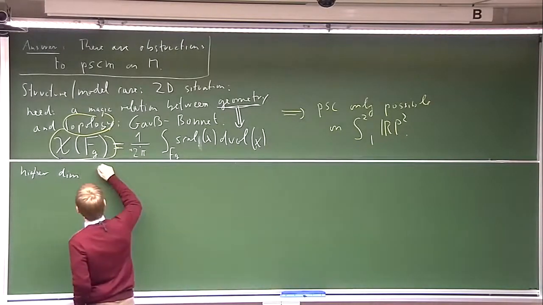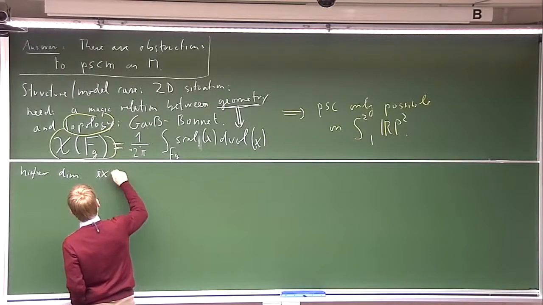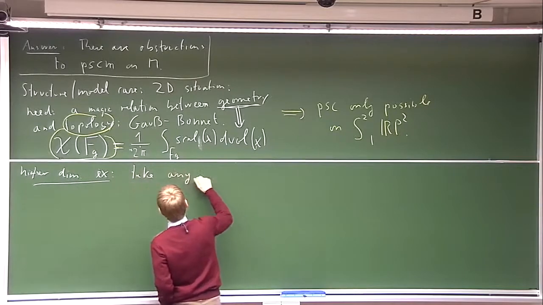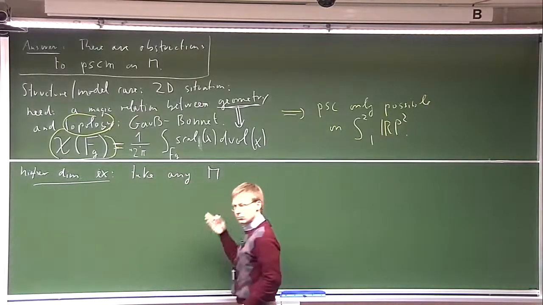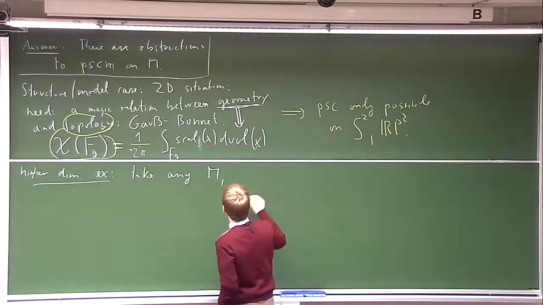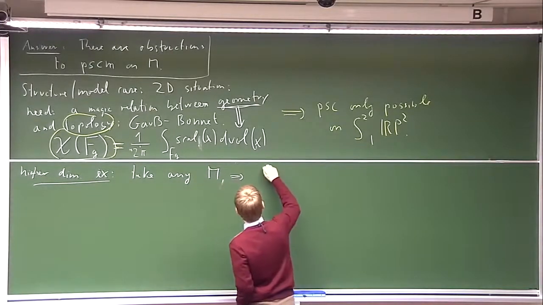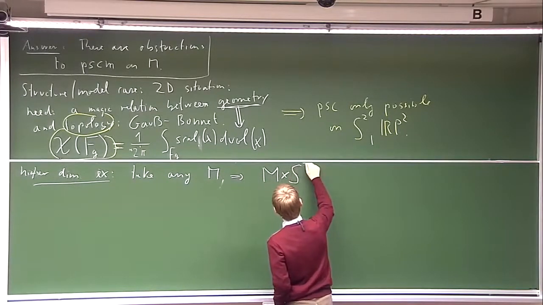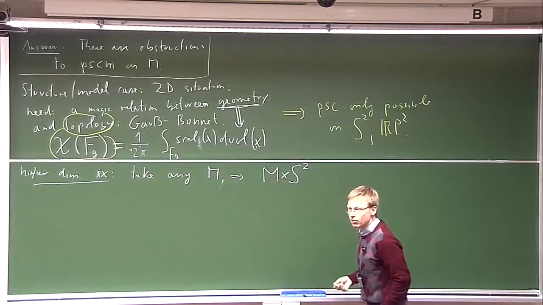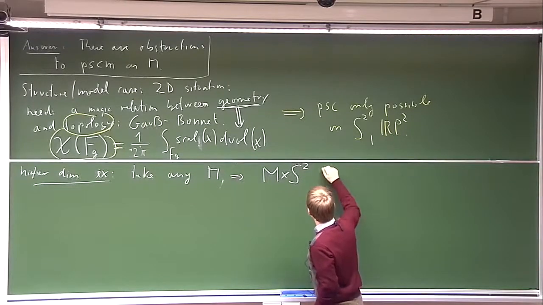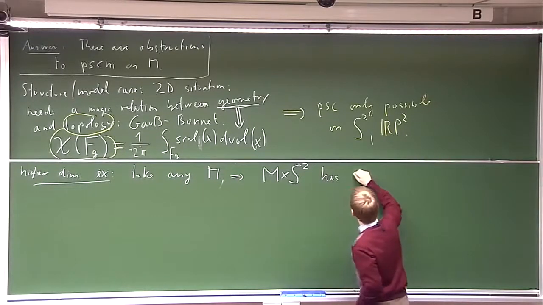And we might look at the following example. Take any M, so just a closed smooth manifold, and let's take one which has almost the same Euler characteristic, namely take the product with S2. Or actually, we could take any sphere of dimension bigger than 2. My claim is that this always has positive